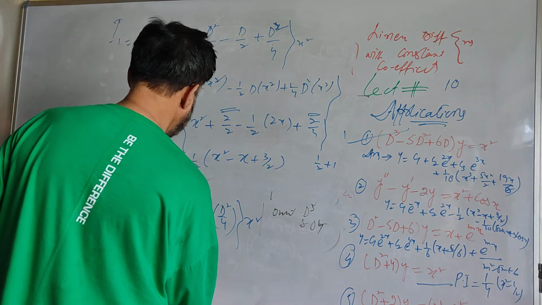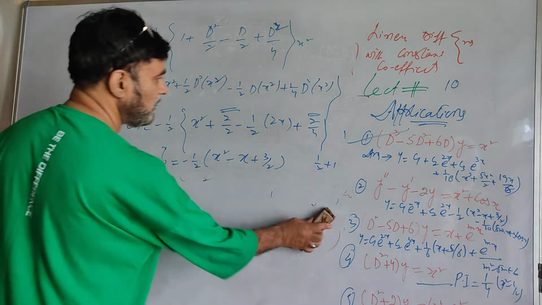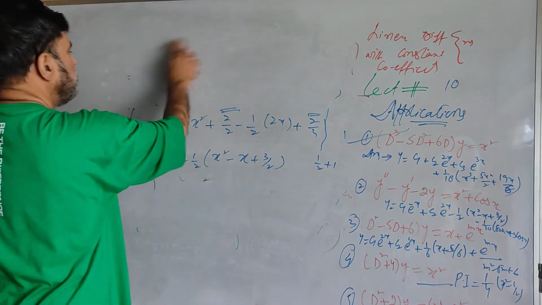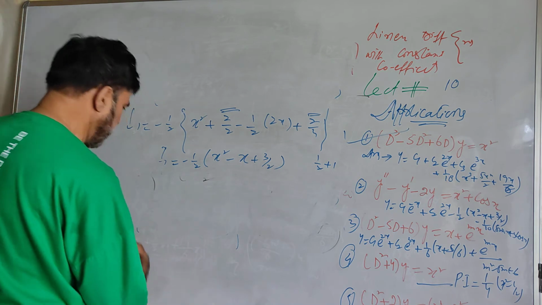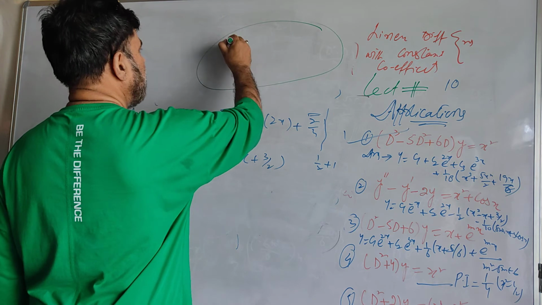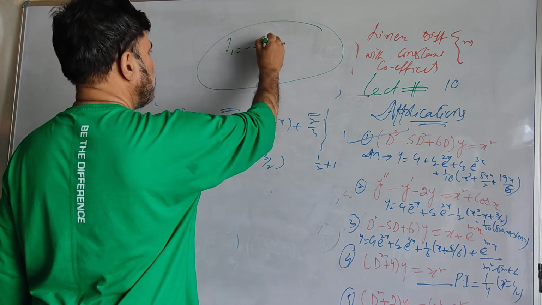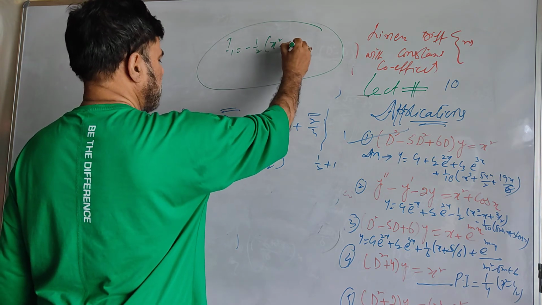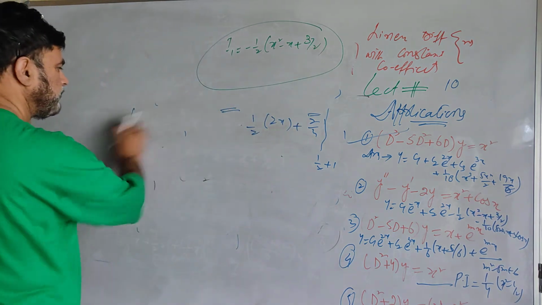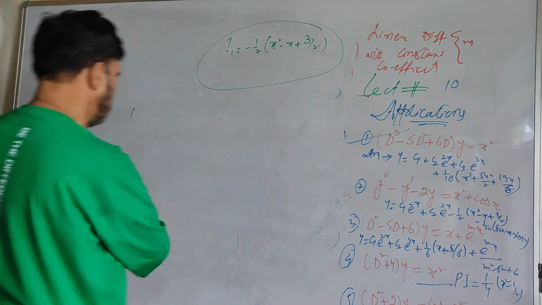This gives me one part of the particular integral. I will go for the second part. I will write it here, I require it. I1 I have got is minus 1 by 2 x square minus x plus 3 by 2. Now let me go to find the other part,